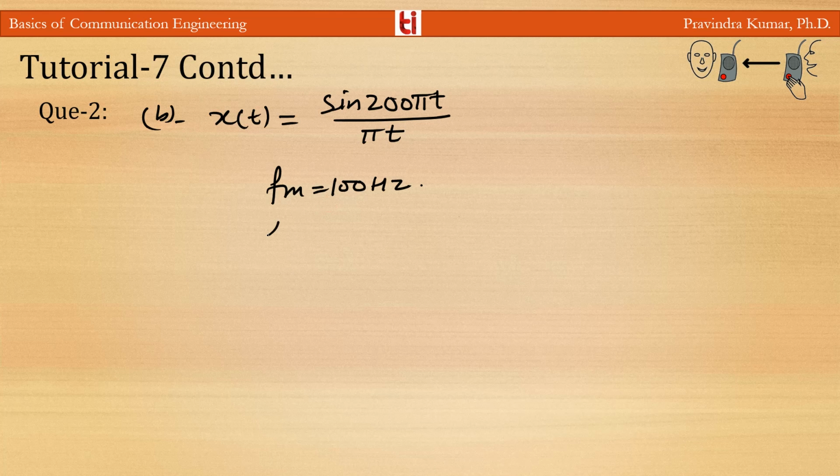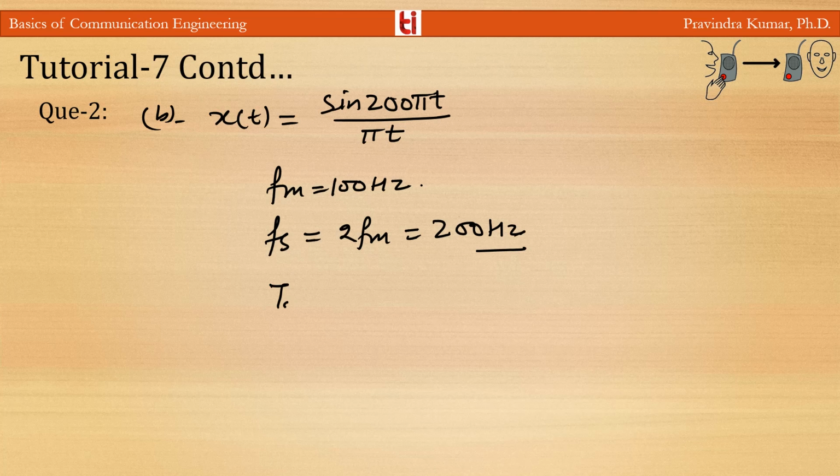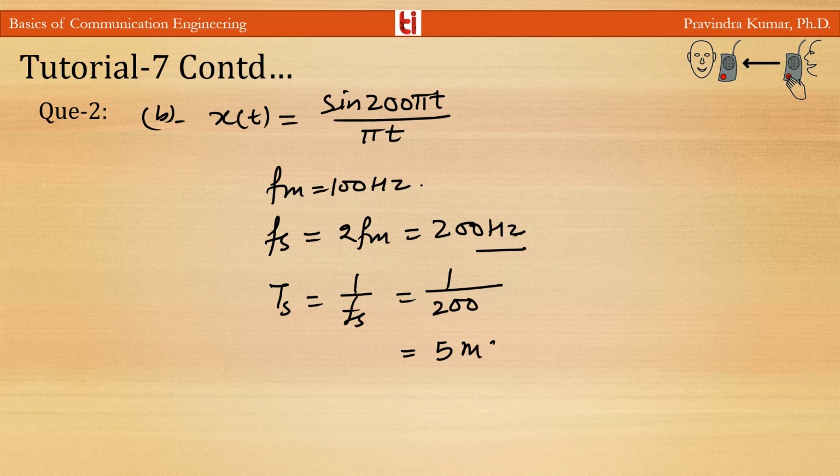So the Nyquist rate is 2fm, equal to 200 hertz, and the Nyquist interval is 1 by fs, or 1 by 200,